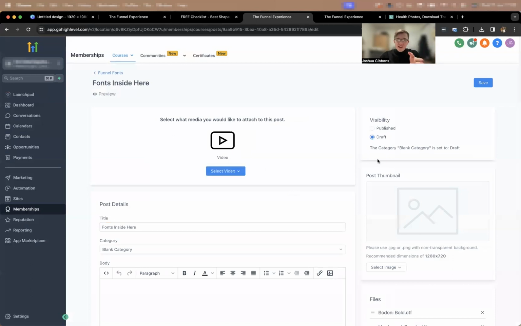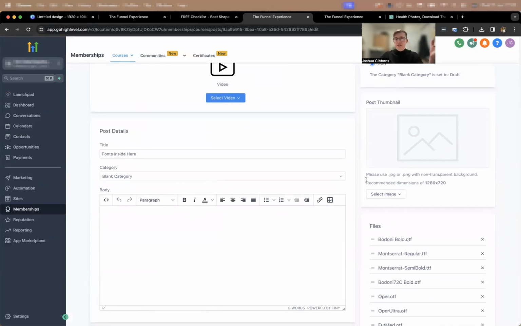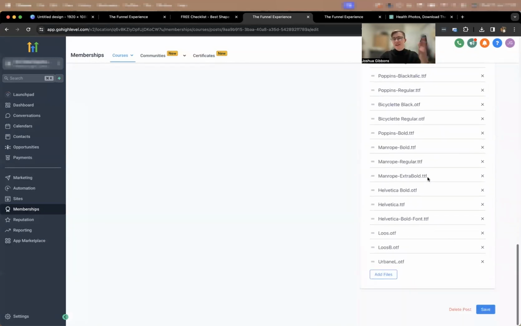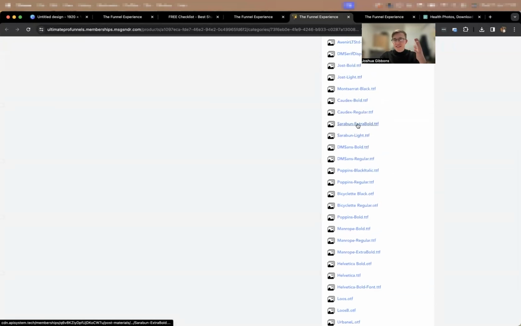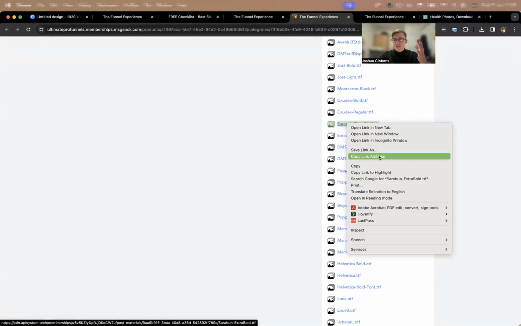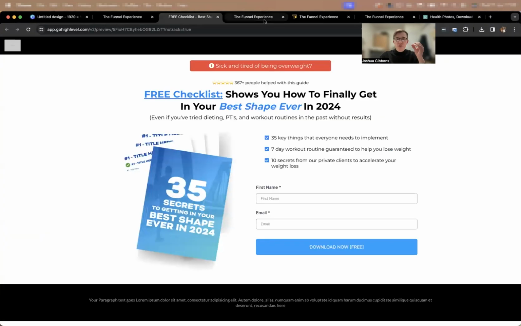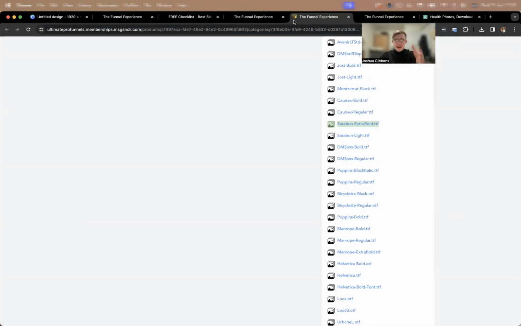So once you've created this, it's called courses and products. You're going to create a product. It's essentially a new course, and there's a files tab, and you can actually upload your files and host them here. And then once you've done that, just press preview, scroll down, select the one that is your PDF, and let's just pretend it's this one, Sarah Bun. You're going to copy link address, and in your automation emails, that is what you're going to send people to,